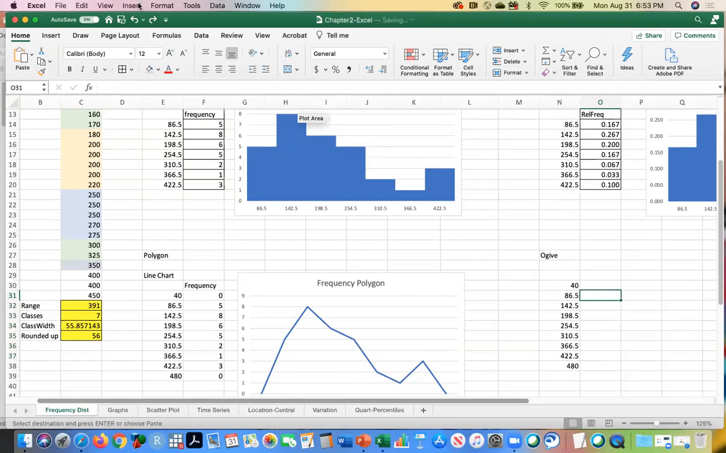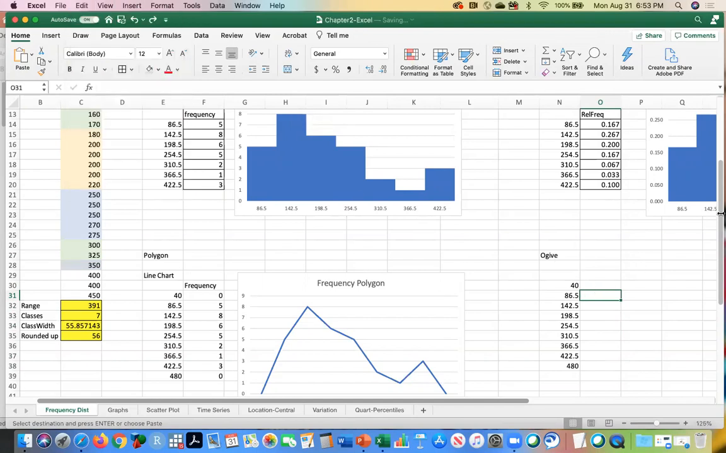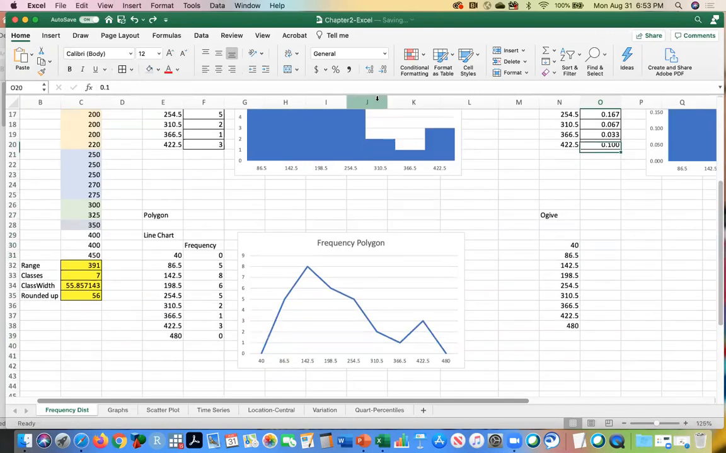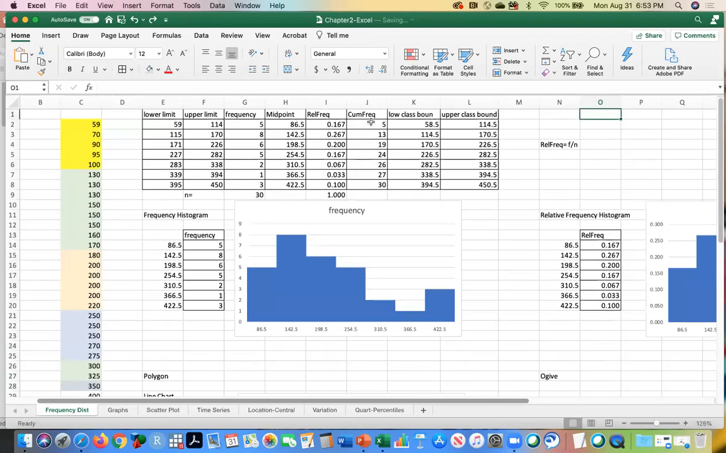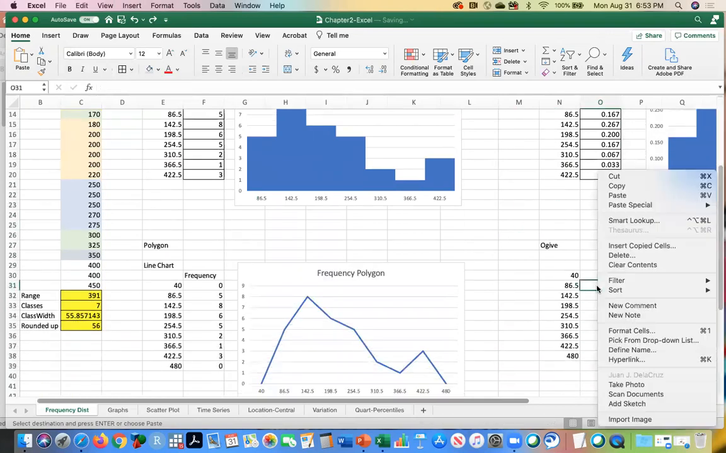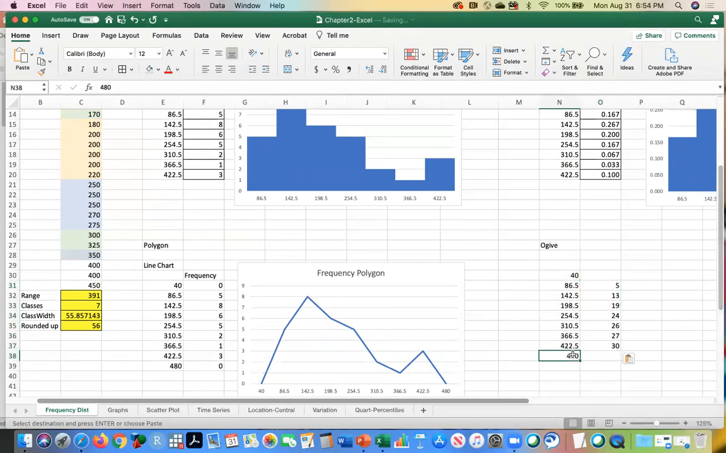Because those are values, I'm going to say no, I think I have to do it again. So I'm going to copy the cumulative frequencies and paste special, pasting the values, right? So let me erase this, and probably I will keep this 40 at 0, right? So the ogive is going to be, this is the frequencies,